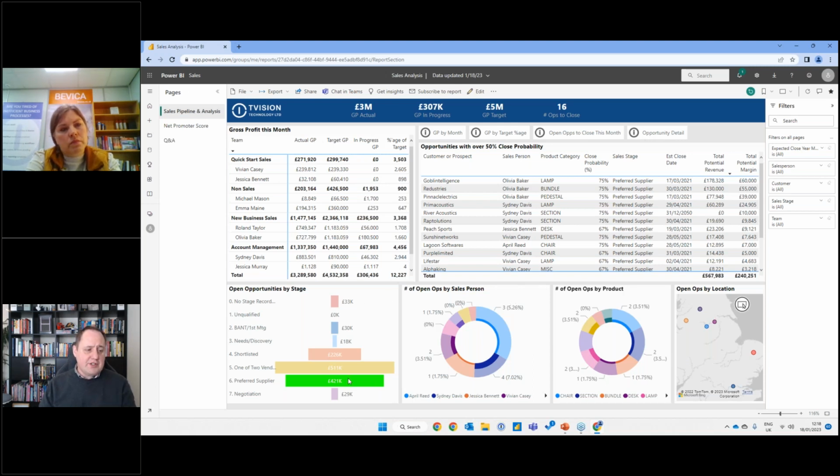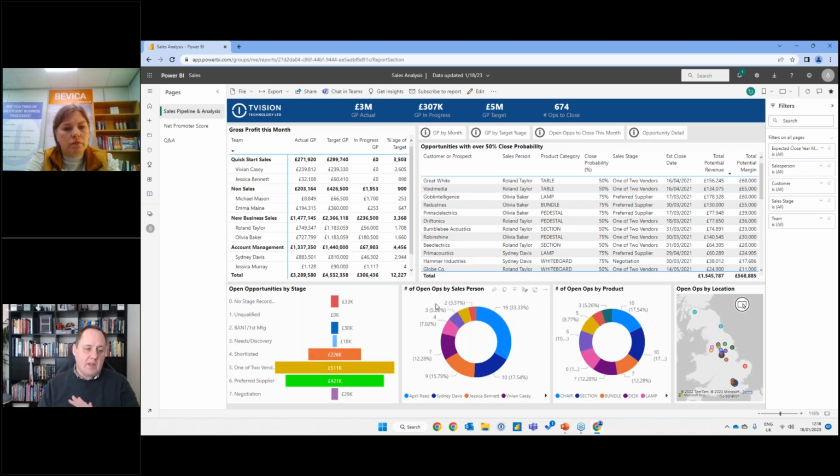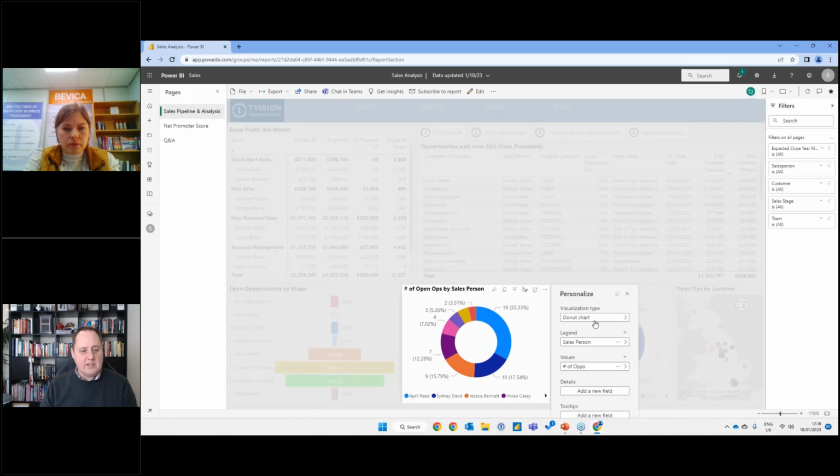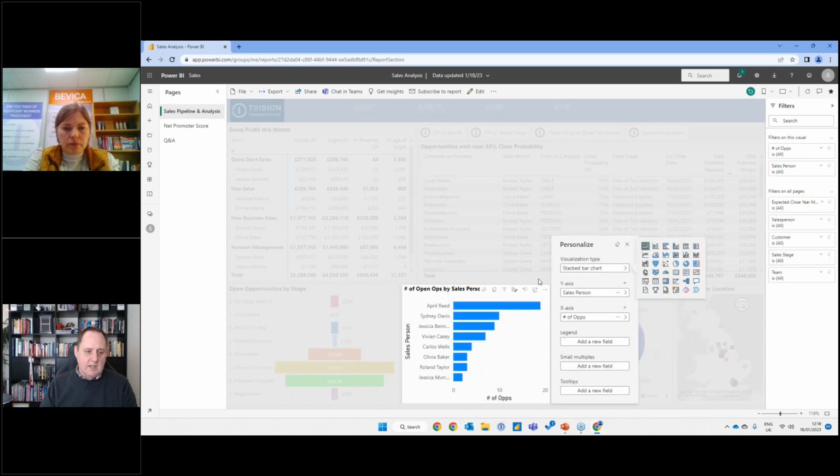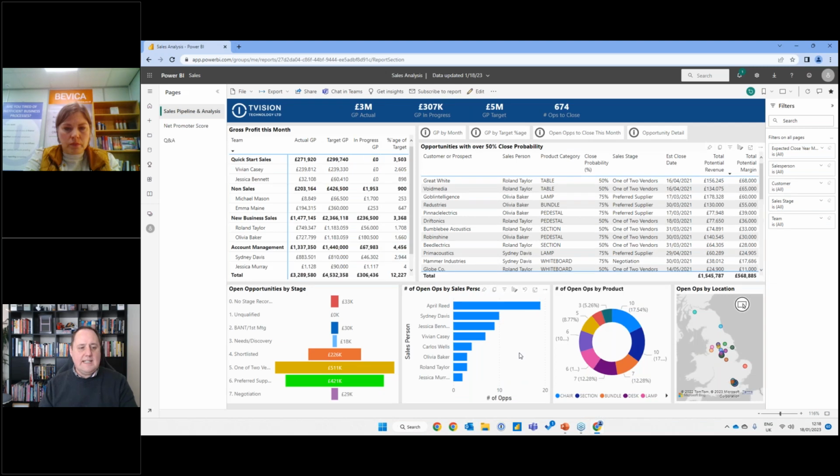Now, this is good, and perhaps I like what I'm seeing, but I don't want to see a donut chart. No problem. Again, given permissions, so it's entirely up to you whether you offer this to your consumers of the data. I can personalize this. So actually, I want to see a simple stacked bar chart, and that's what I want to see. Now I've changed my view of the data, and that's pretty important as well. That's my view, not everybody else's.